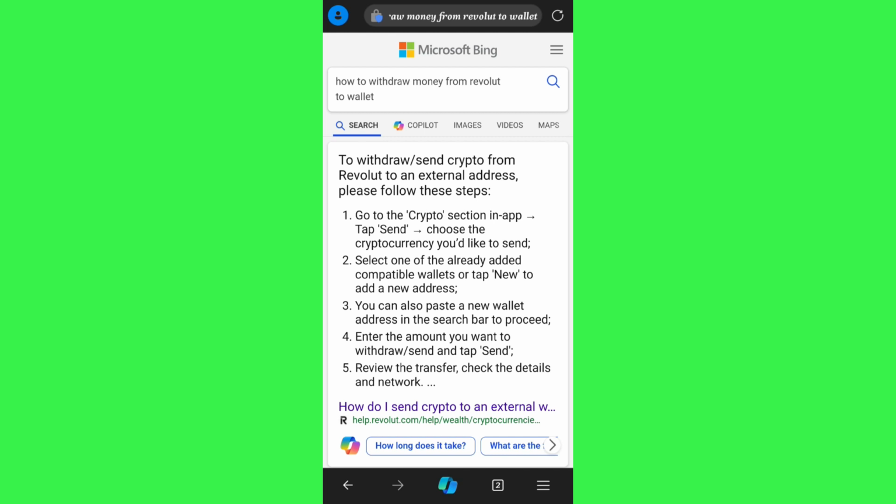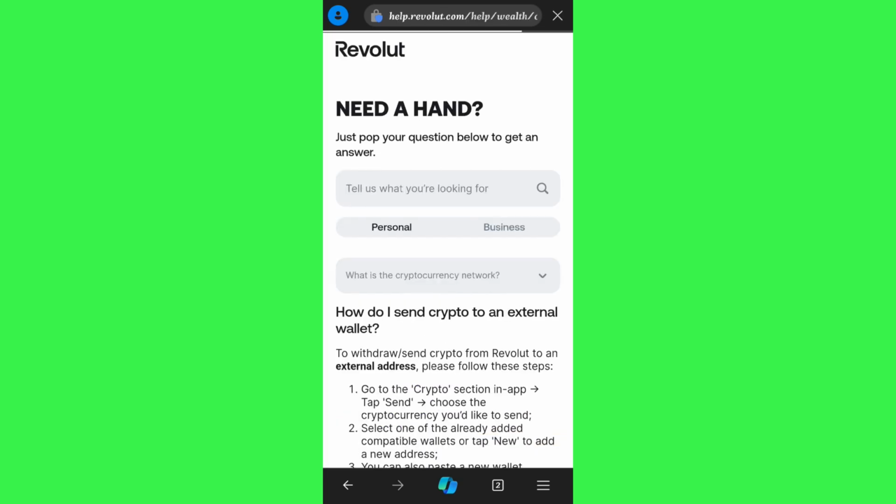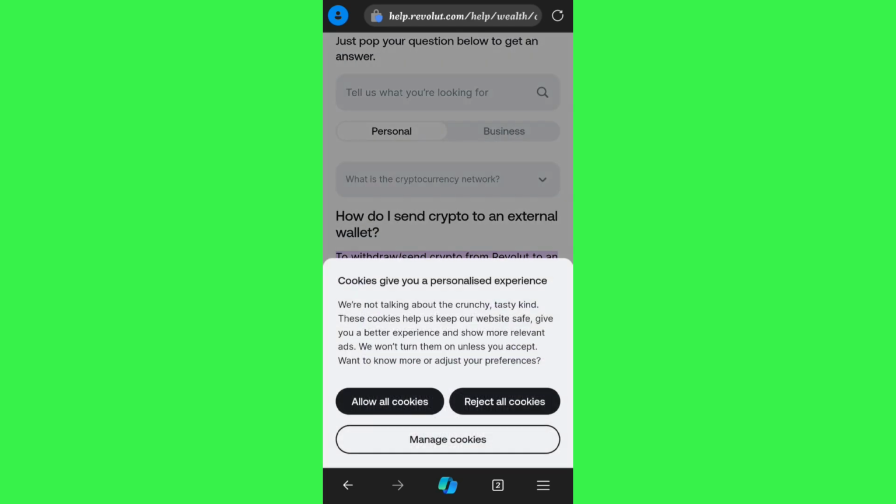So basically you need to review all of the information that you have mentioned previously regarding the recipient as well as the wallet address. If everything is correct, then you will have to tap on the transfer button in the bottom, and this way your transfer will be initiated and you are going to withdraw your crypto from Revolut to